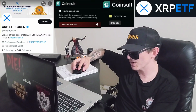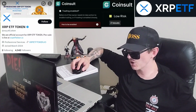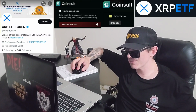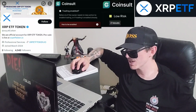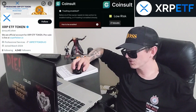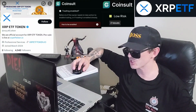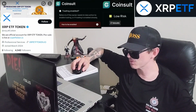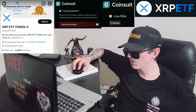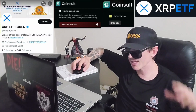Ticker symbol is XRPETF. Now we're going to go over the information on this token, on this pre-sale, and we're going to check the audit. We're going to see if there's any security issues, any red flags that you should be concerned about. Some of these pre-sales, these initial coin offerings on web pages can be pretty sketchy, so it's a great idea, obviously, to review the audit. We're going to look for a team doxing, all that type of stuff. We're going to do all that in just 1 second, but before we do that, just quickly,